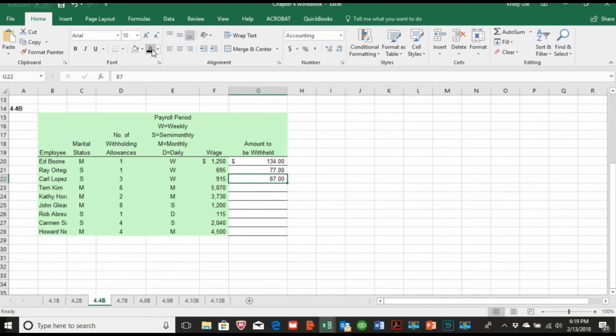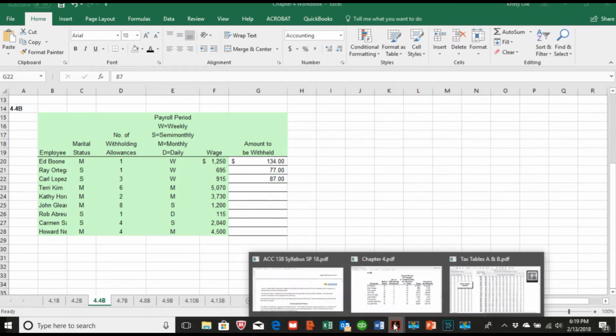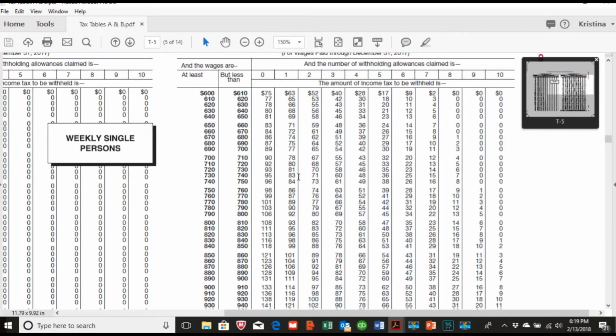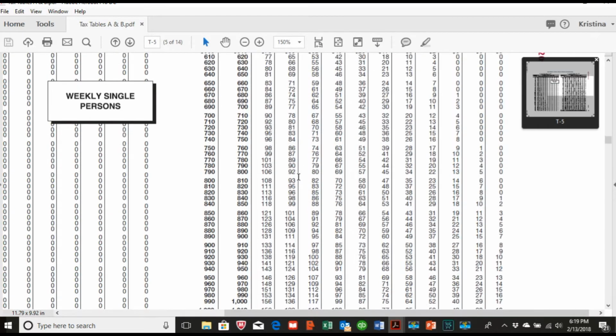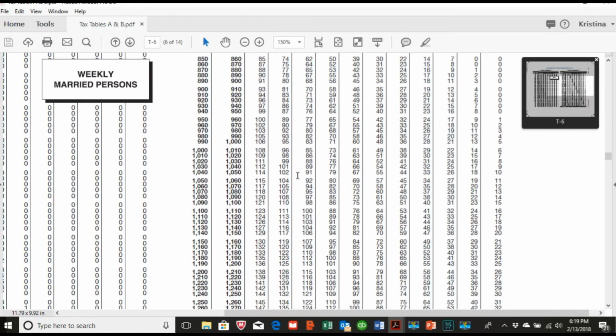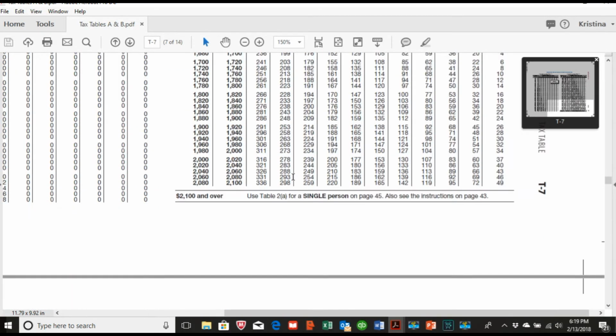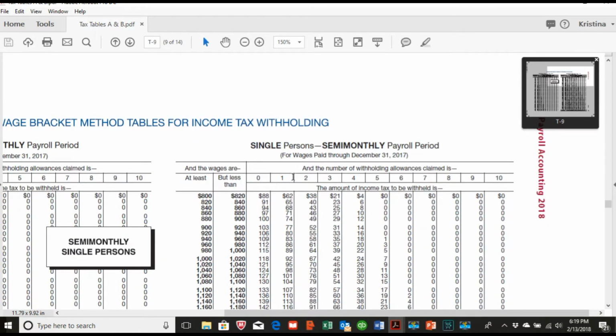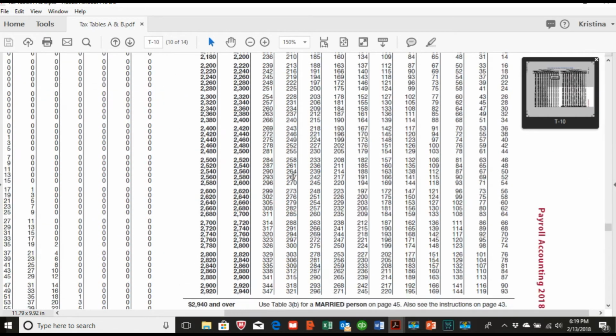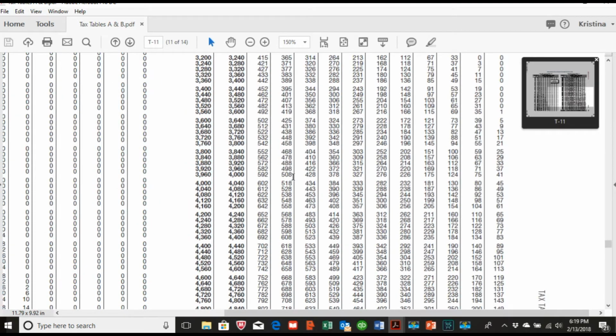Let's look at Terry Kim real quick because she's monthly. And they claim married and 6. So we'll bring those tables back. It's important just to remember to switch the tables for the pay frequency and the marital status. So this is a monthly, so let's see, there's weekly, bi-weekly, semi-monthly, monthly,